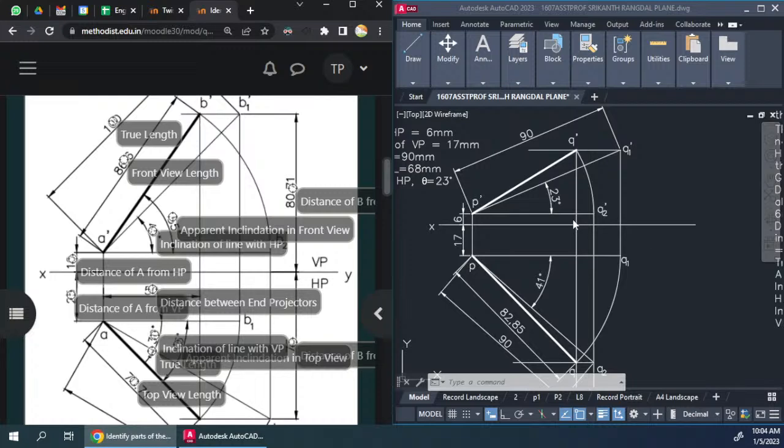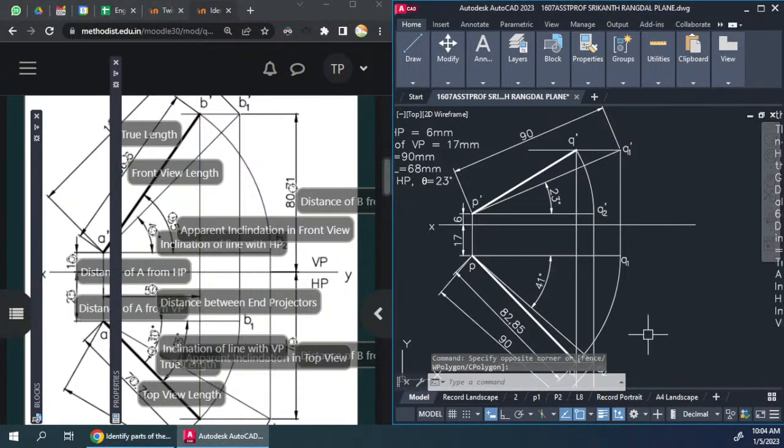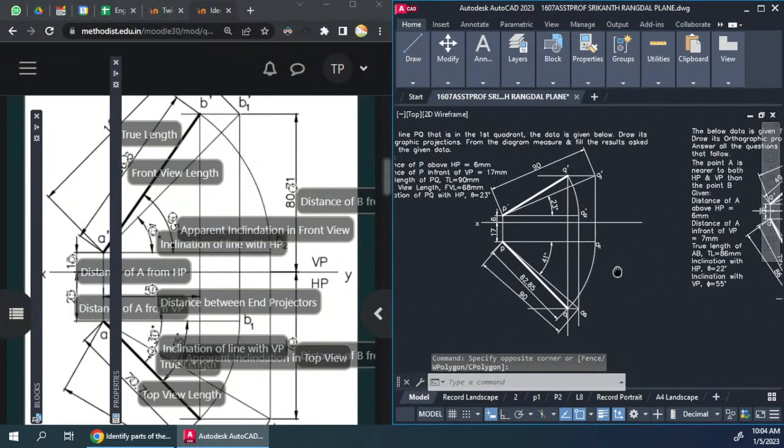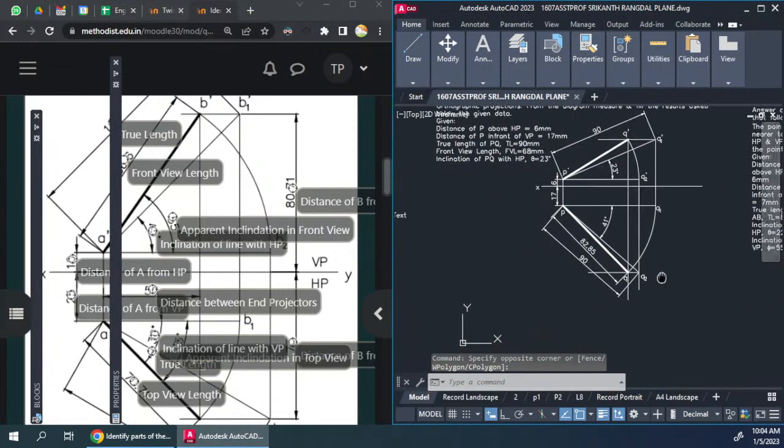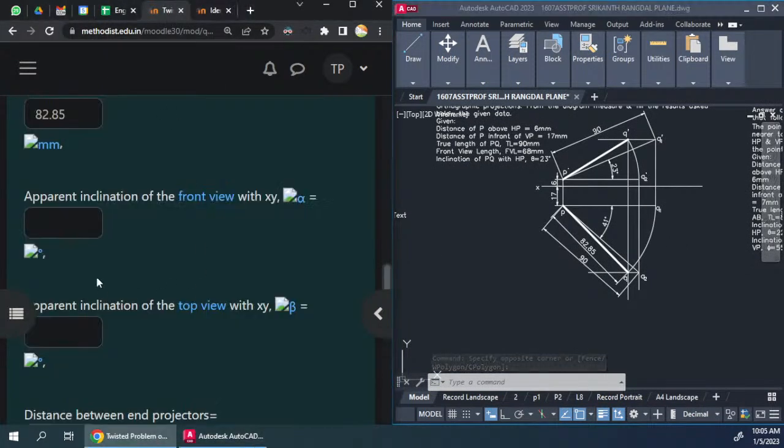Now there are problems wherein the distance of traces will be given. Those problems are a bit difficult to solve with exactly this as a key, but for us, of course, we are not using the traces for now, so you can easily solve any problem wherein the trace is not present if you know this master diagram perfectly. Okay, so the front view and top view have been drawn,